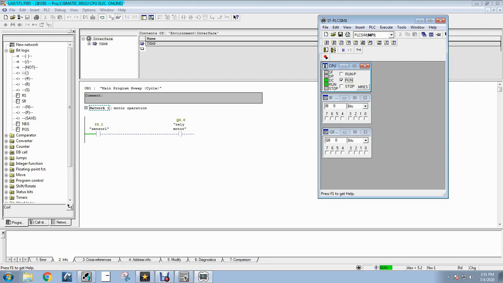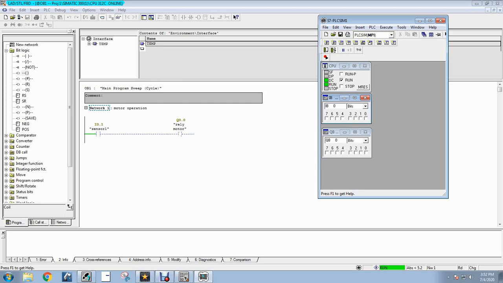Now simulate the program. Click on the checkbox of input variable at 0.1, which is the address of sensor 1. Tick condition shows the high input such that digital input 1, and untick box indicates the low input such that digital input 0.